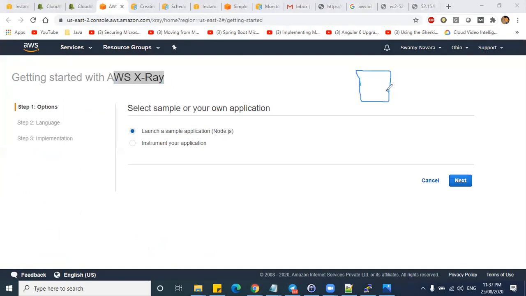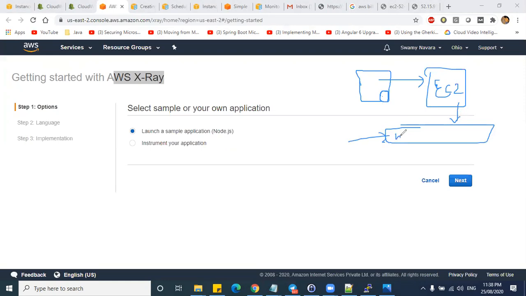Inside your application, they'll keep a build here. Some AWS code or some jar file will be there, for example, in Java, a jar file. Whenever you have deployed this application into a Beanstalk or EC2 server, you will give users a domain DNS name. So the user will enter this URL, say for example, hdfcbank.com. So the user will access this URL.